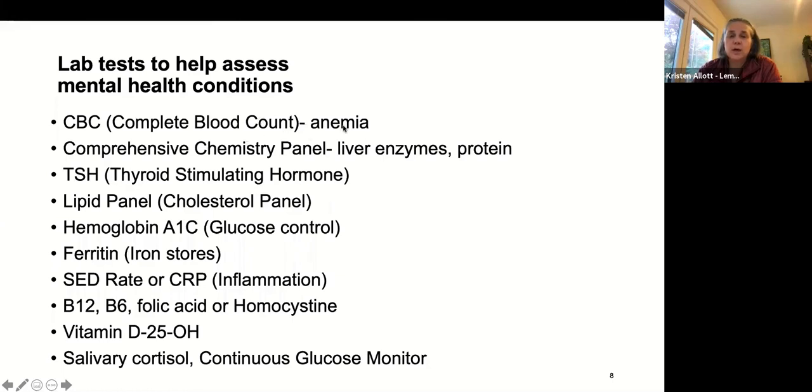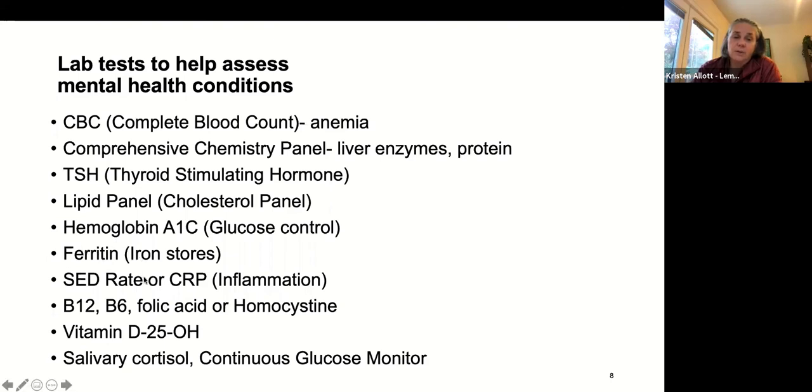Right. So when people get stressed, sometimes they don't eat as well, and so they become more anemic. And so I guess that would go down. Comprehensive metabolic panel: again, not eating enough protein can throw the liver enzymes off. And the liver enzymes can go up or down depending on what you're eating or drinking. Most people's thyroid will go up, but there are those who will go down. Cholesterol just changes in all sorts of directions. A1C can go up or down. Ferritin, iron can be affected.